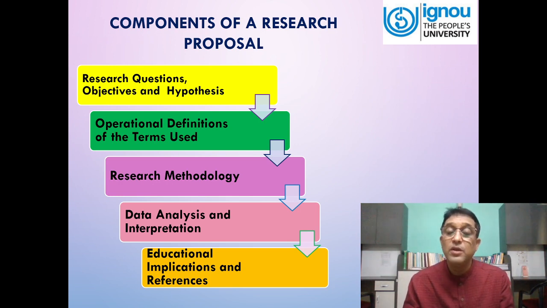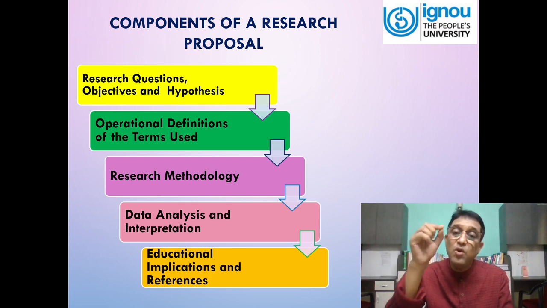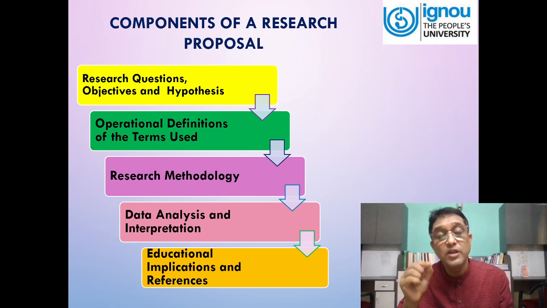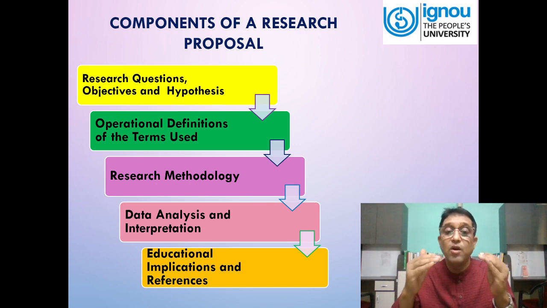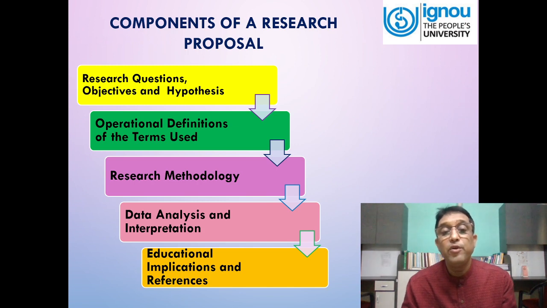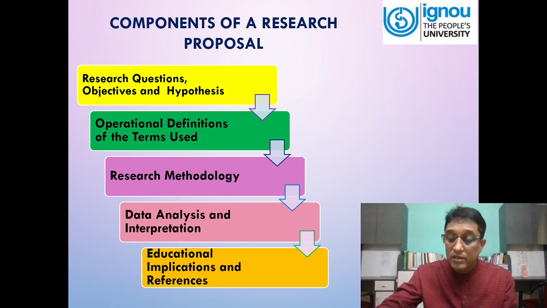It may be a book, a journal, an encyclopedia, a dictionary, a newspaper, a PhD thesis, any dissertation, or an article. So you have to write all the resources that you have used for conducting your study, and prepare a section of references. So friends, these are the components that you have to follow for preparing your research proposal.